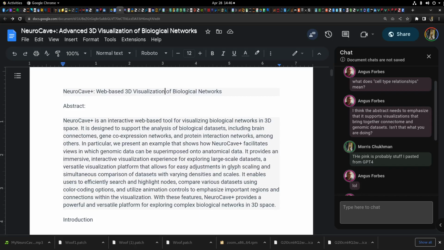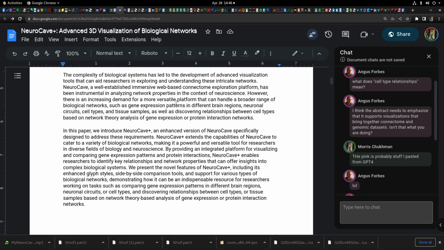Introduction. The complexity of biological systems has led to the development of advanced visualization tools that can aid researchers in exploring and understanding these intricate networks. NeuroCave, a well-established immersive web-based connectome exploration platform, has been instrumental in analyzing network properties in the context of neuroscience. However, there is an increasing demand for a more versatile platform that can handle a broader range of biological networks,